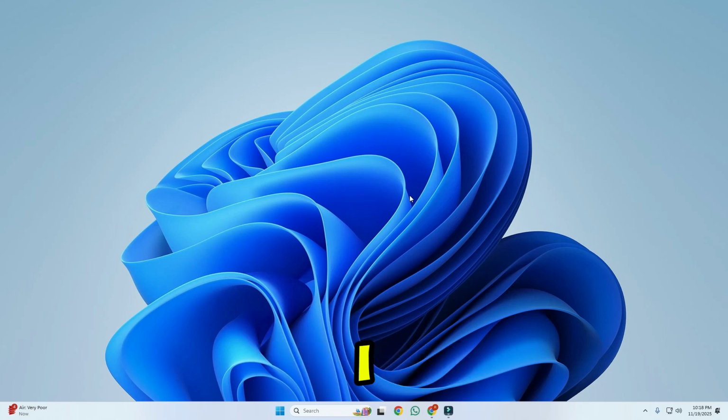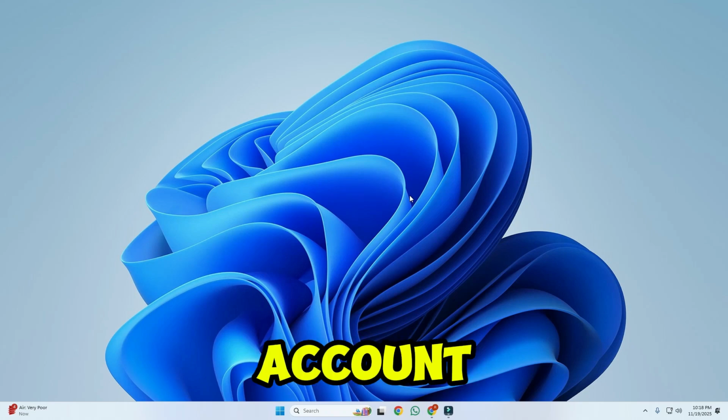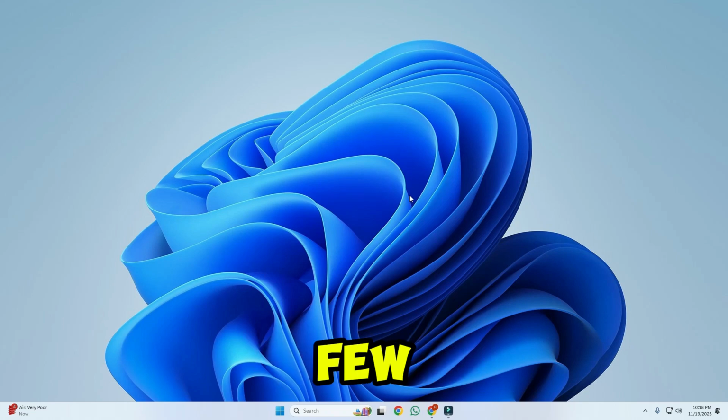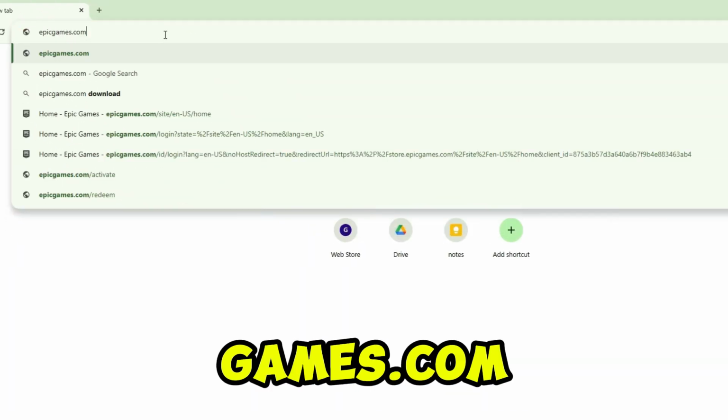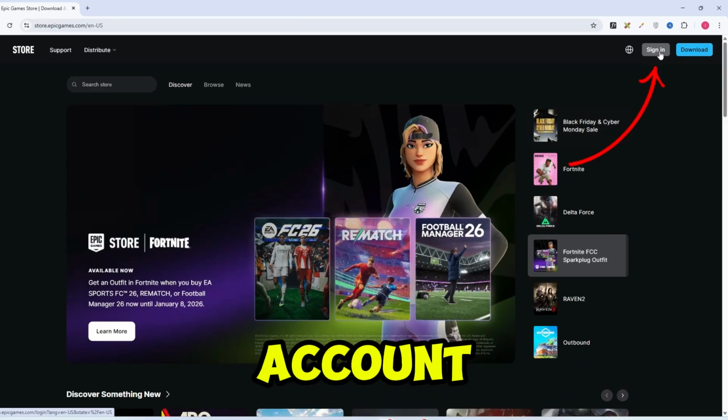In this tutorial, I will show you how to change account age in Epic Games in just a few easy steps. So let's start right in. From desktop, open any browser and search for epicgames.com and sign in to your account by clicking on